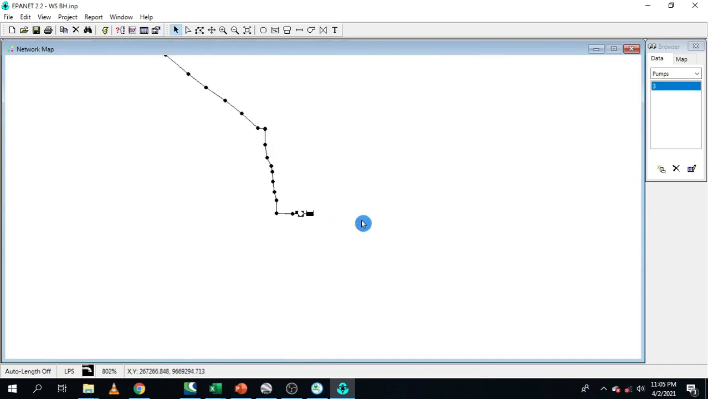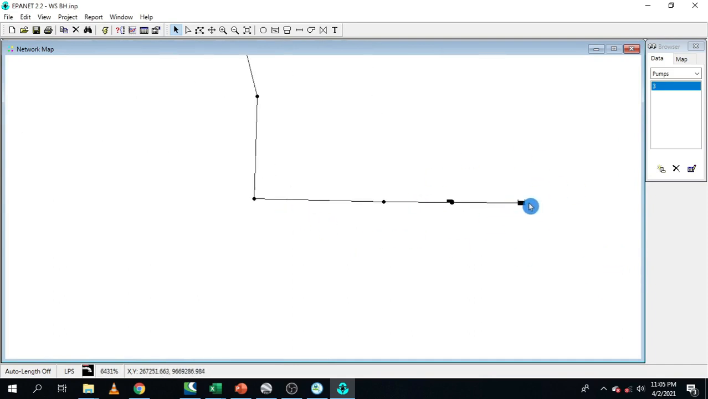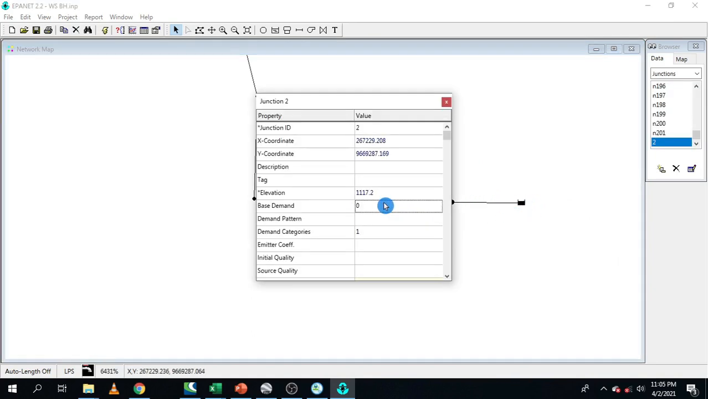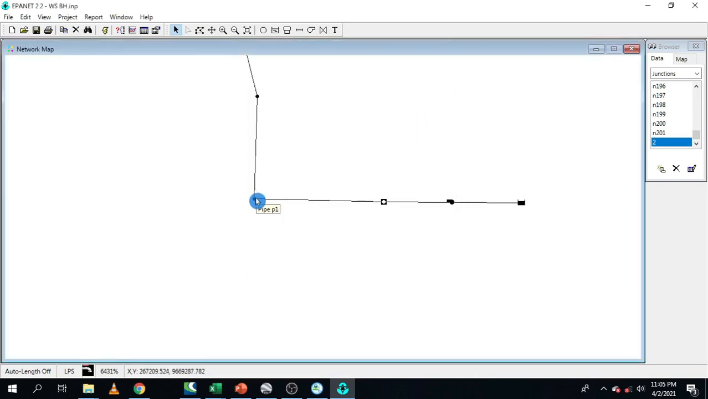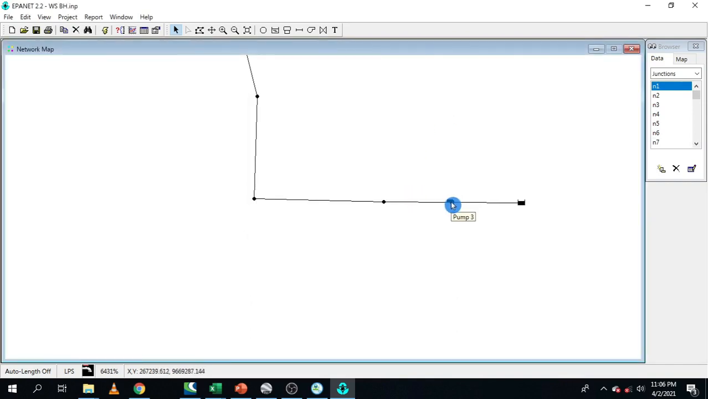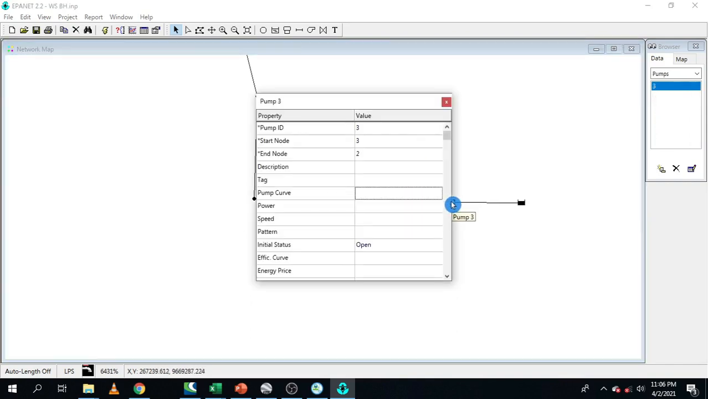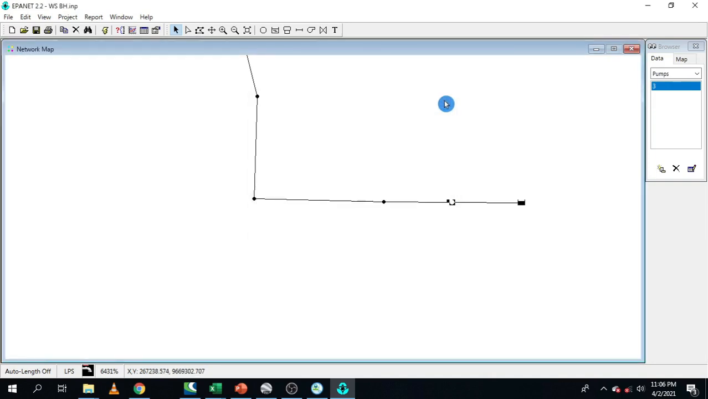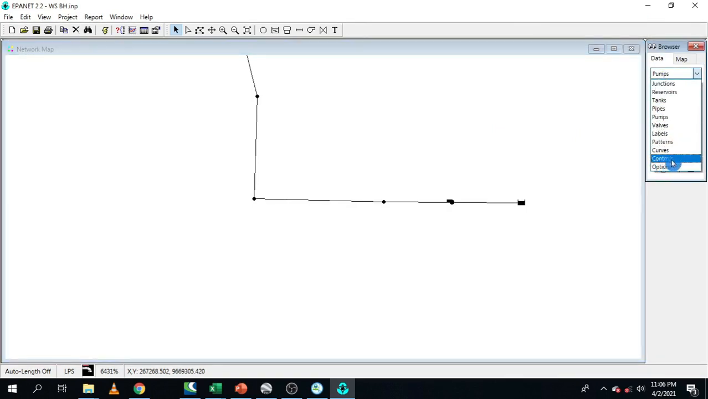Now from here, we have our reservoir here, which is the aquifer. Now this is our pump, and this is our pump set with this elevation here. This is our ground level with this elevation. Now what we need to do here, we need to introduce a pump curve. So let's go here to our browser and click curves. I think it is this one, curve. Now from here we need to click this